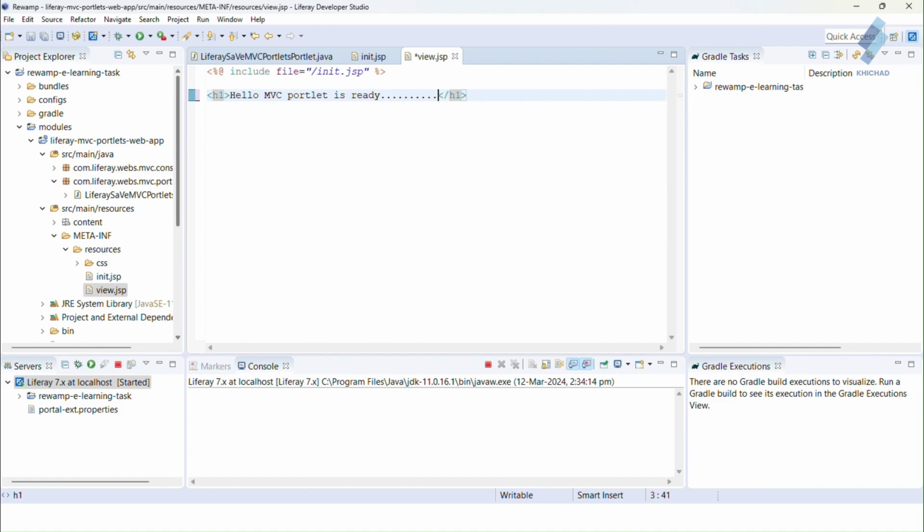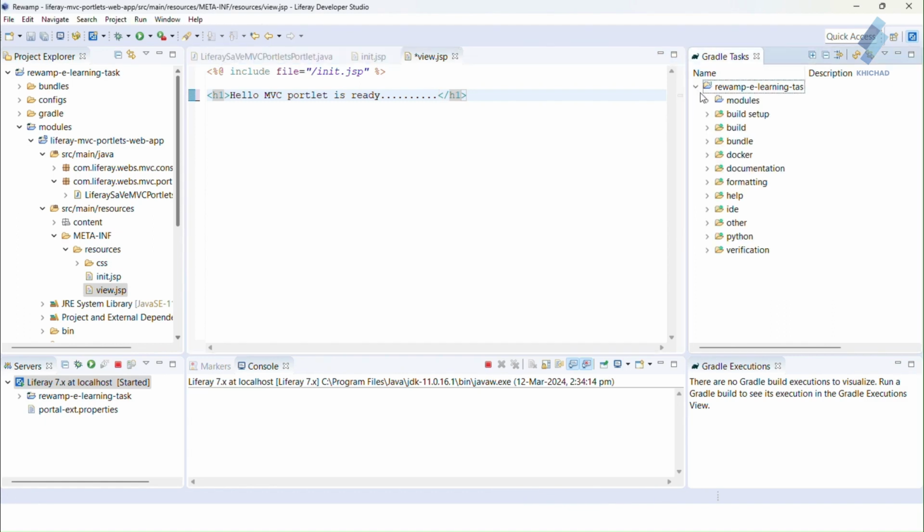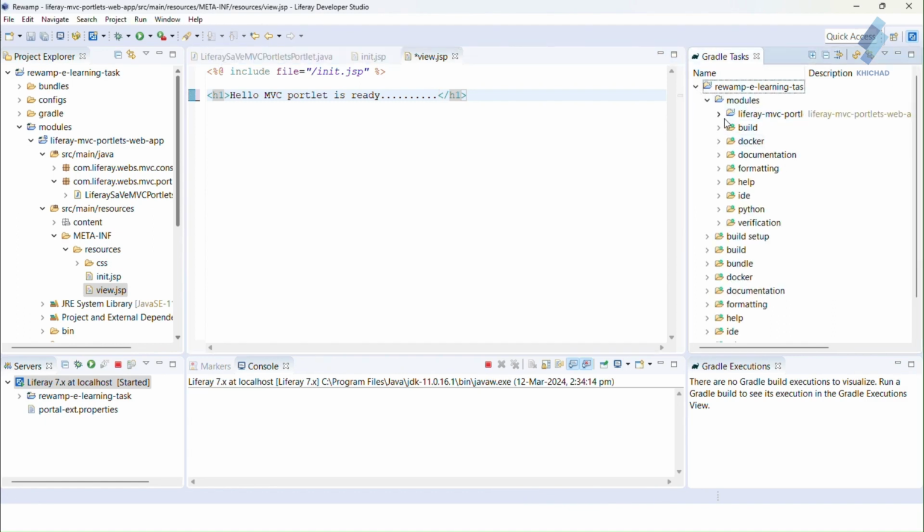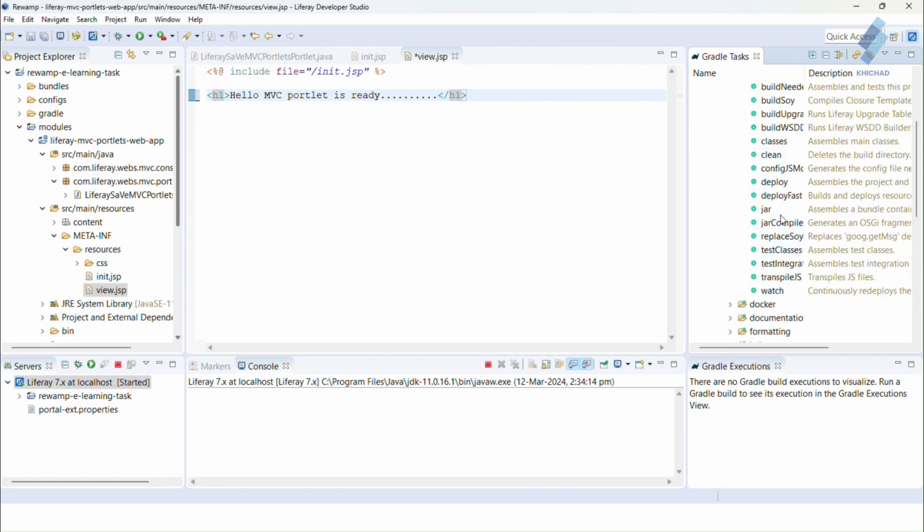Now it's time to deploy your portlet. So go to the Gradle tasks and deploy the module. Go to build and click on deploy.